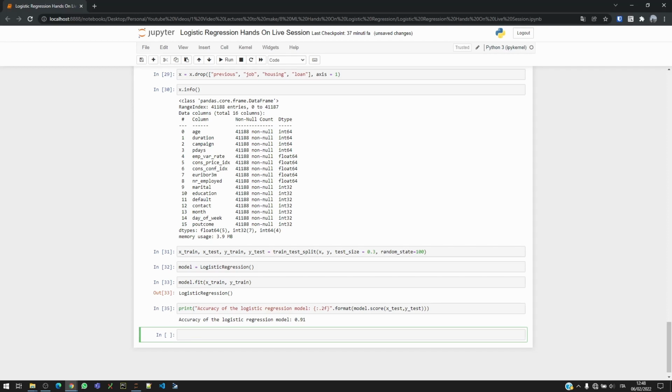Now we can also see the rest of the metrics that are very important in order to evaluate if a model is working fine or not. So we are gonna call the classification report, which will show us the F1 score, the recall, the precision of the model. So we're gonna do the following thing: print